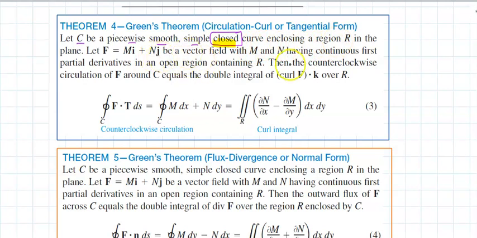Let F be a vector field with continuous partial derivatives, all of that good stuff. Then, with counterclockwise as positive rotation, the counterclockwise circulation of F